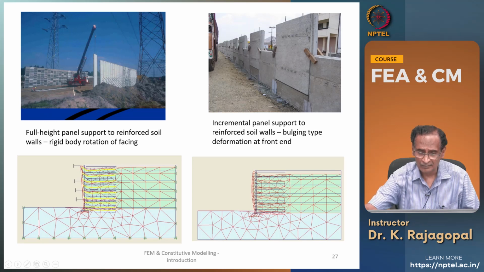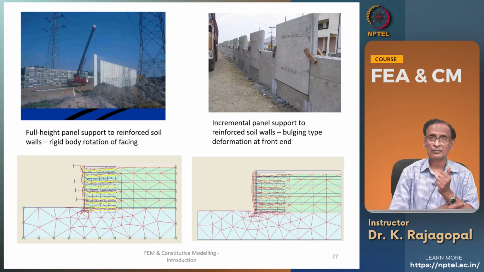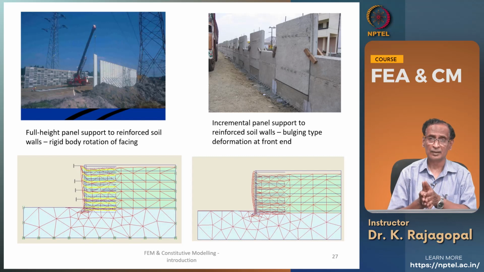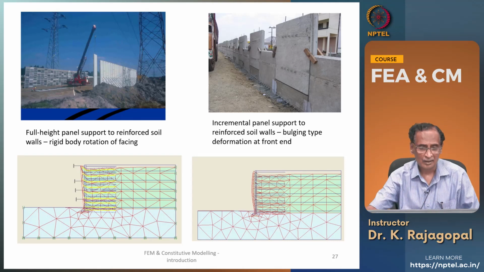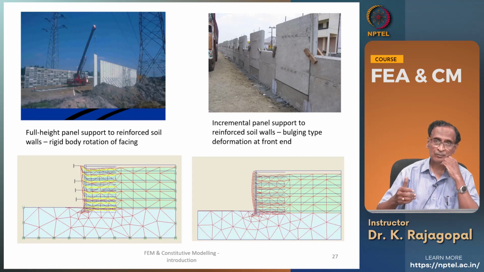And this bulging type failure might give rise to some difference in the stress distribution between the reinforcement and the soil compared to this. And our finite element models should be able to replicate this